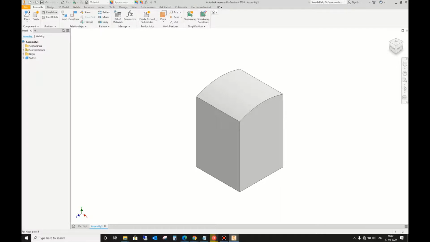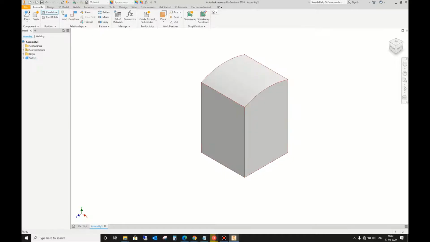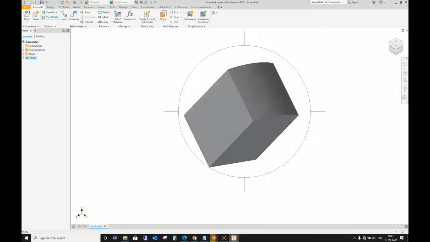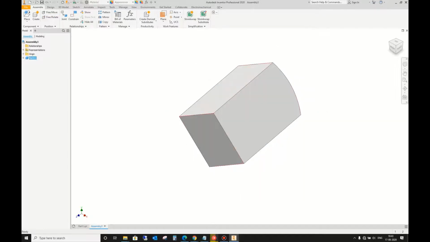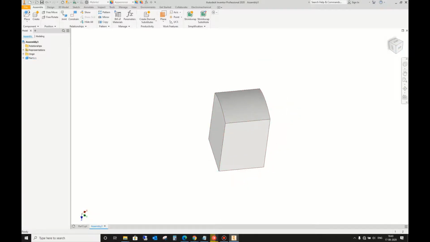Free move. So if you click on free move and select the component and move, you can move that component easily. Similarly, rotate is also there. You have to select the component and then you have to rotate. This rotate you can do with Control G. It's a shortcut. There are a lot of shortcuts for Autodesk Inventor. You can find them on the internet also. Then we have an option of joint here.